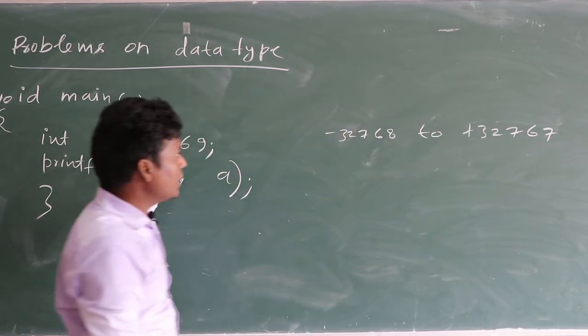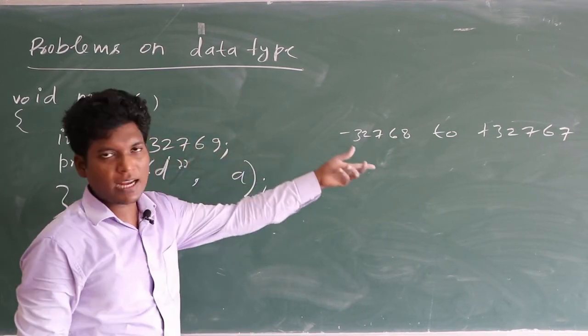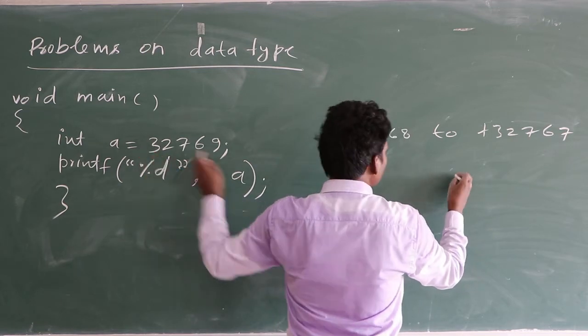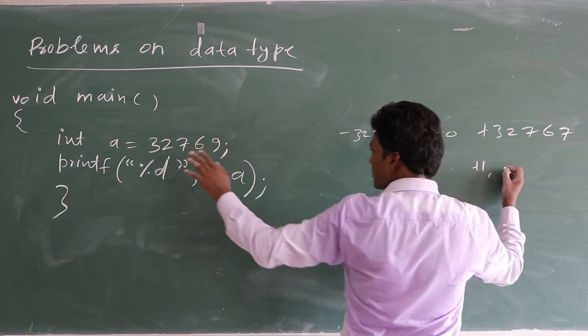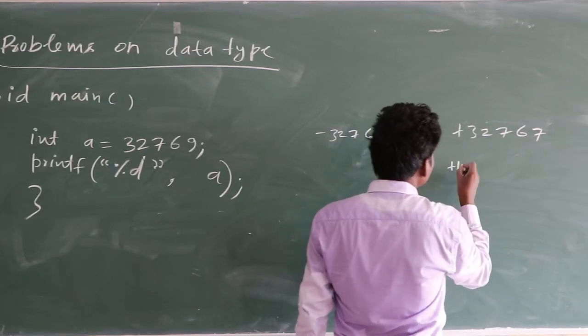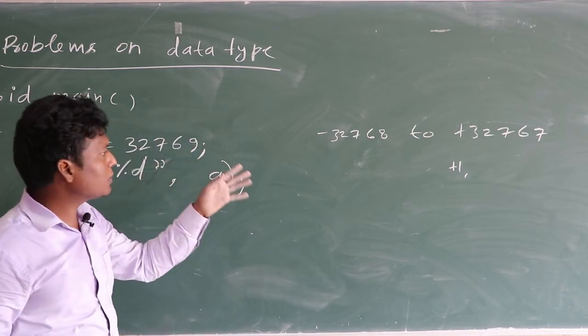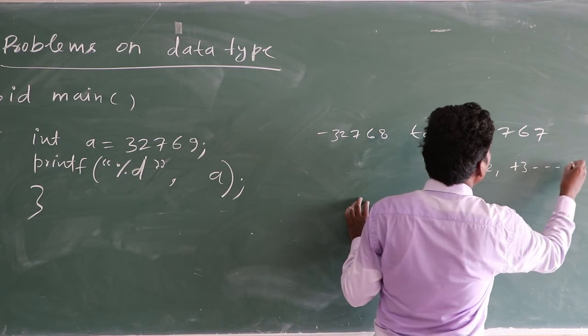So the compiler reduces this value within this range. How? This is positive, so it starts with +1, +2, +3 ...